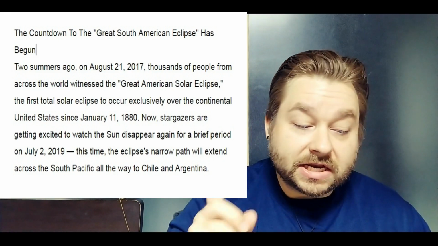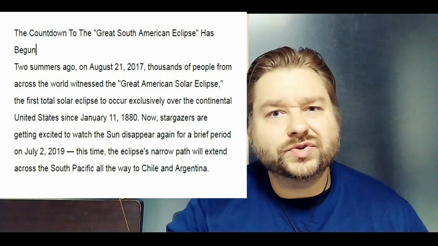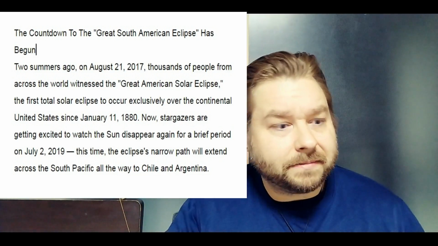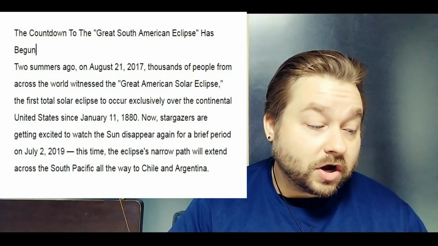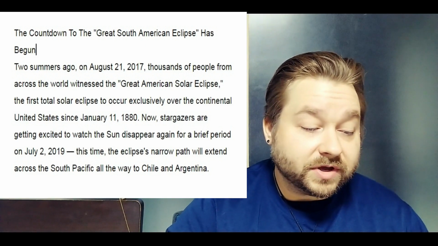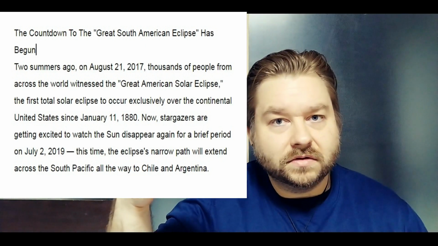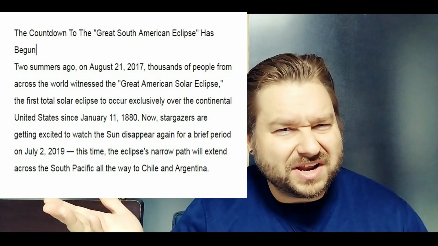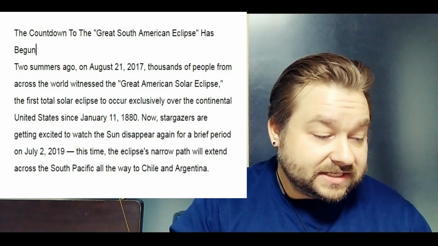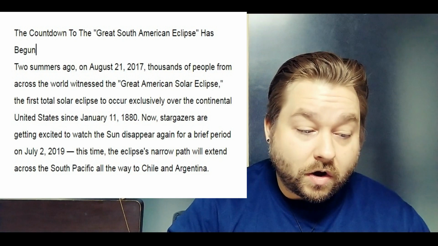Let's keep going. Now, let's just add in a pause every time we see a comma, right? Because you're smart and you've already learned pauses happen after commas. So let's just make that happen. Now, stargazers are getting excited to watch the sun disappear again for a brief period on July 2nd, 2019. There's a comma, right? And a comma, we have to stop. July 2nd, 2019. This time, the eclipse's narrow path will extend across the South Pacific all the way to Chile